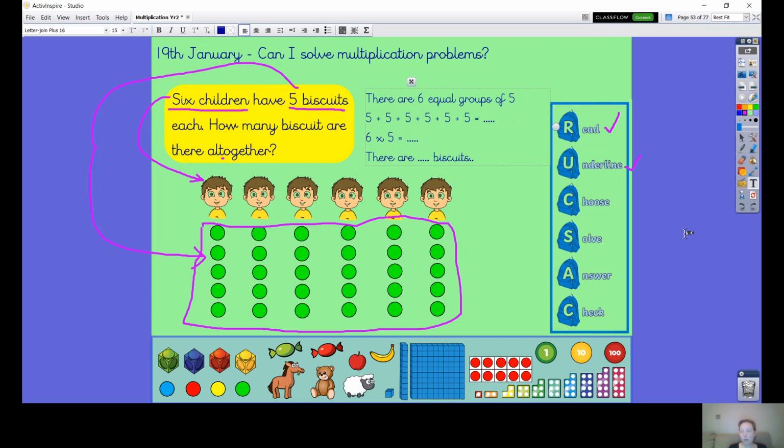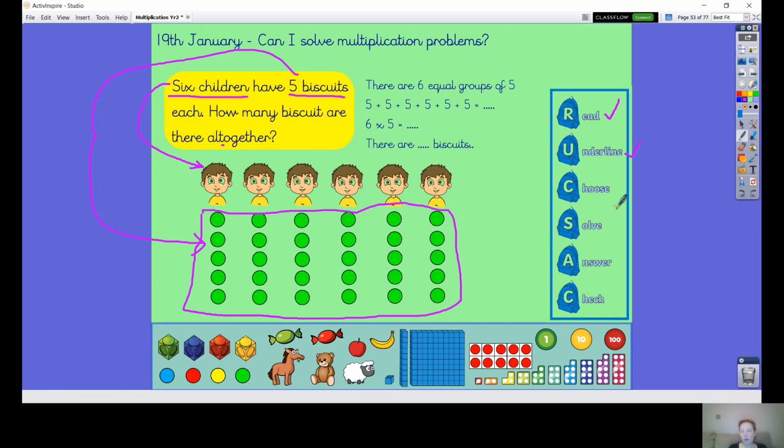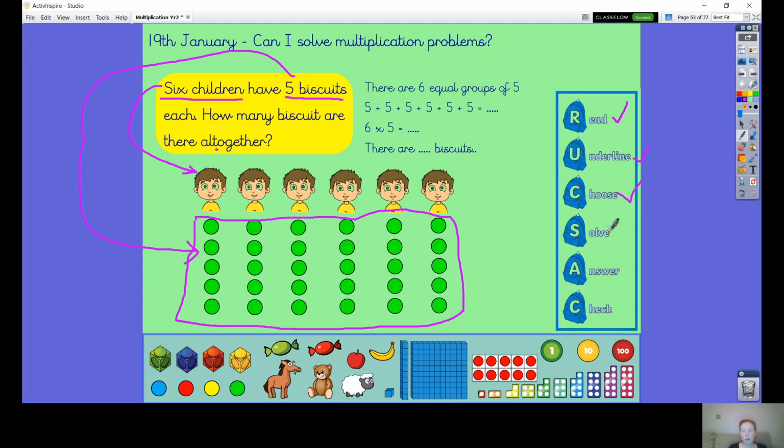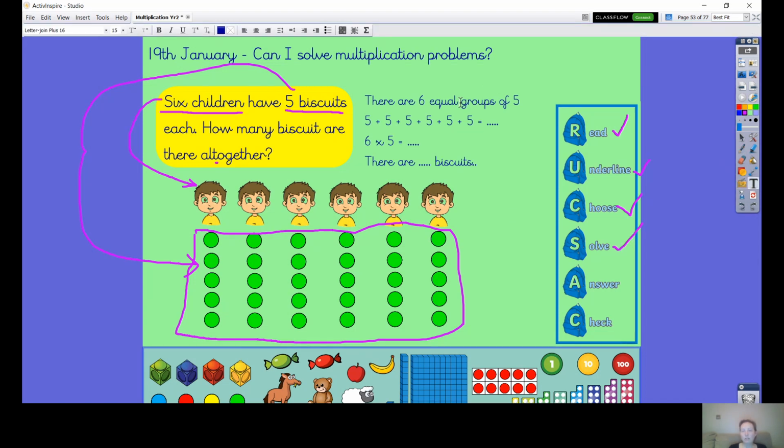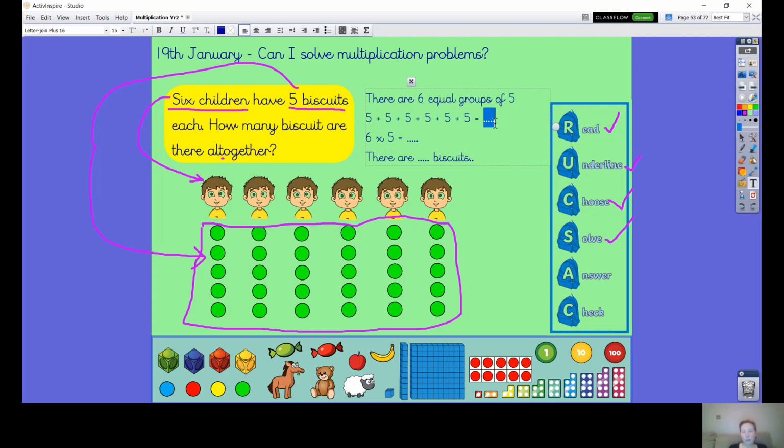I've chosen what I'm going to do. So how am I going to solve my problem? I'm going to use counting in 5s to solve my problem. 5, 10, 15, 20, 25, 30. So I've solved my problem by counting in 5s, which is